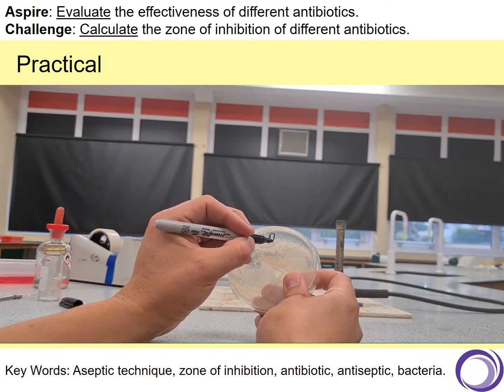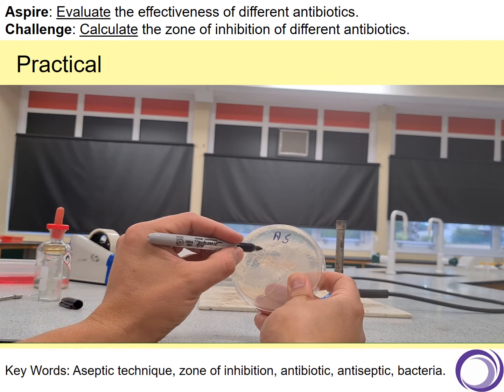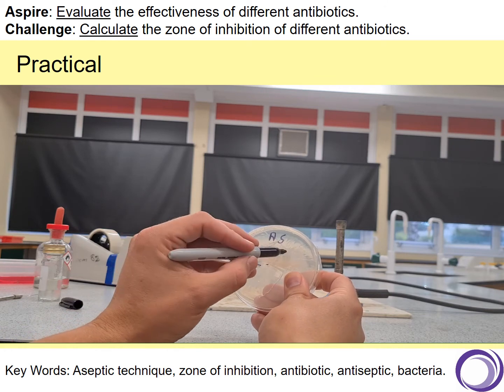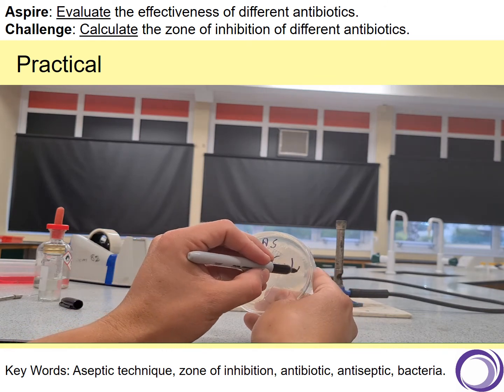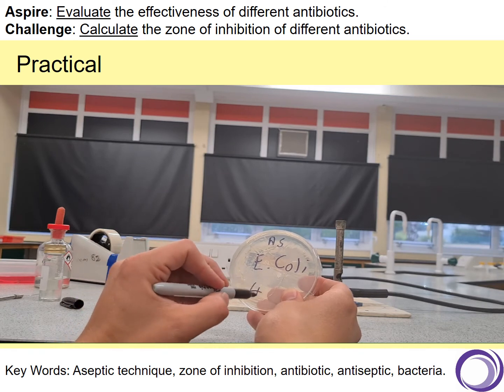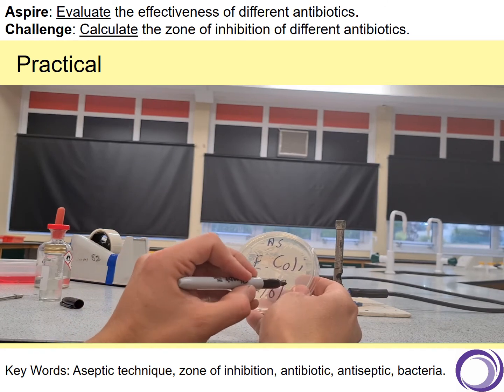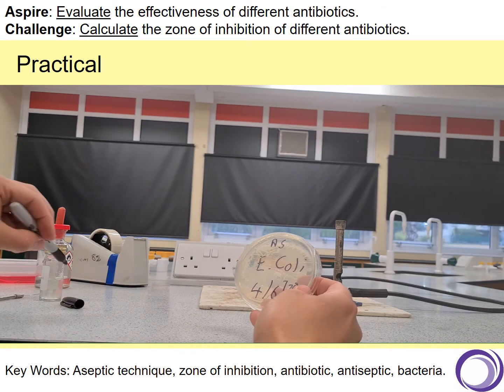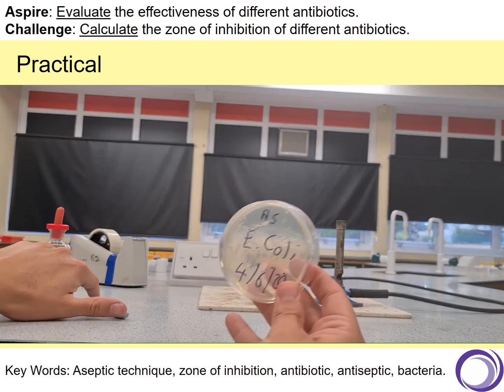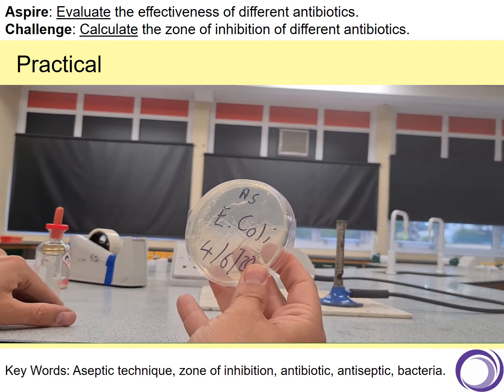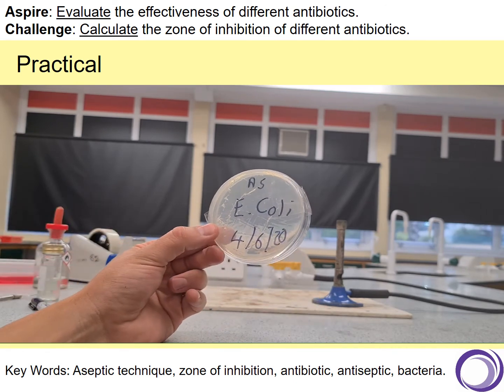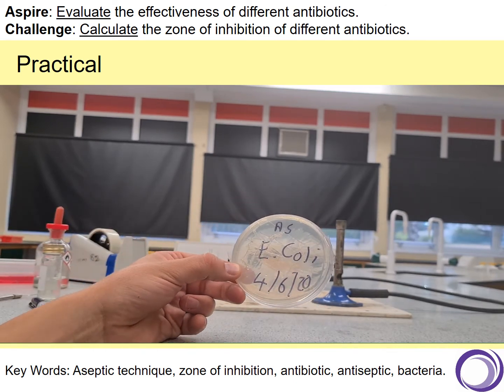So I will put my initials, so I know what's growing in there, and so then everyone else knows it's E. coli, and then I can put the date, so I know when I'm going to take it out. And what I mean by take it out is it's got the right food, but it's not got the right temperature. So what we're going to do is we're going to put that into an incubator, which will keep at